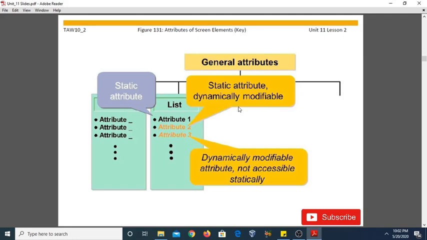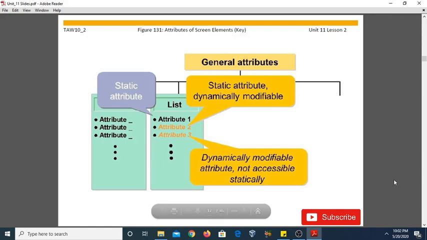Once you have defined the screen number statically, then you can change it using programming code, that means you modify the attributes dynamically. The third one is attributes that are only set dynamically, that means they can only be changed with the help of coding, so not accessible statically. So these are the kinds of attributes of the screen elements.